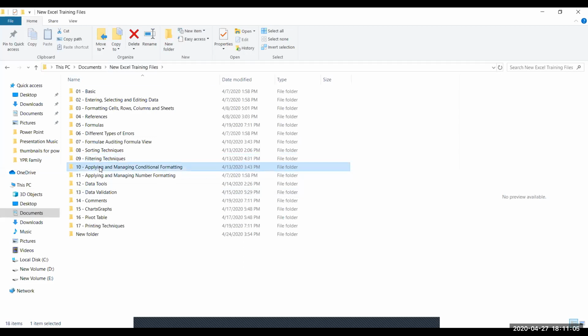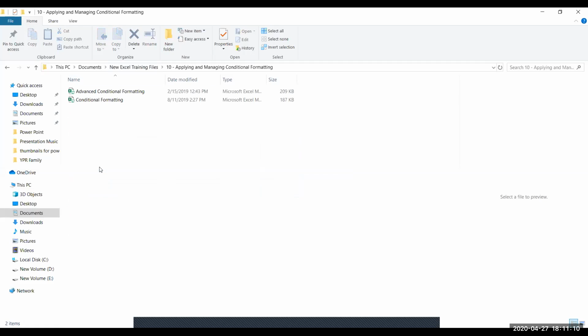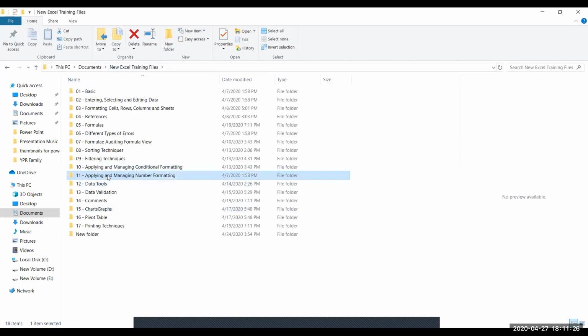Next is conditional formatting. In conditional formatting, you have the basic conditional formatting rules that are already available in Excel, and also applying it in your own custom way by providing formulas, depending on how you want to apply conditional formatting. And next, we have data validation, number formatting, and data tools. Number formatting is how to change the format of your numbers, maybe, as I said, changing it to a currency symbol or percentage. So these things will be taught to you over here.